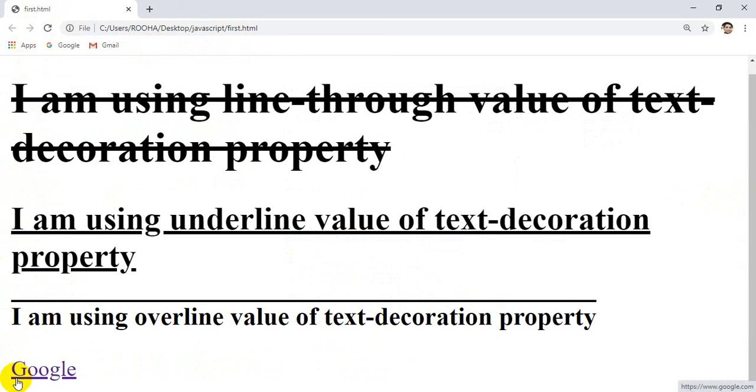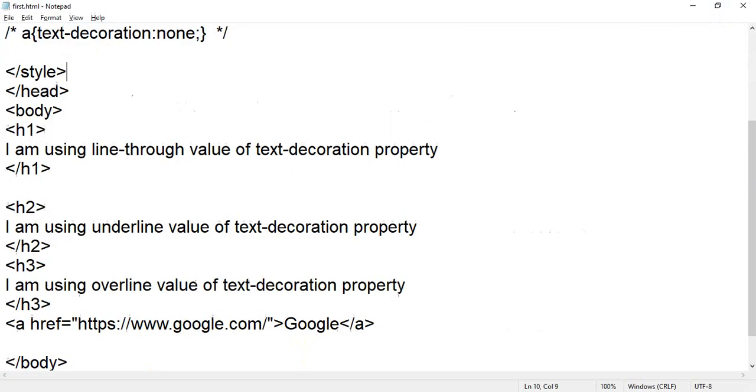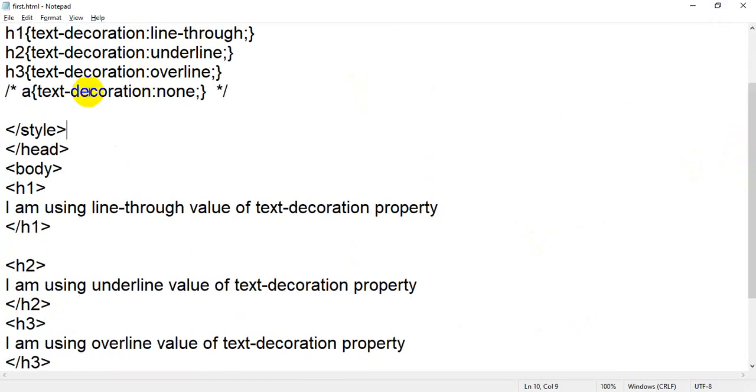That is the default, but if you want to remove this underline, you have to use the text-decoration property and assign the value none. So I have assigned the text-decoration property the value none, so you can remove the underline. If I uncomment it, it works again.